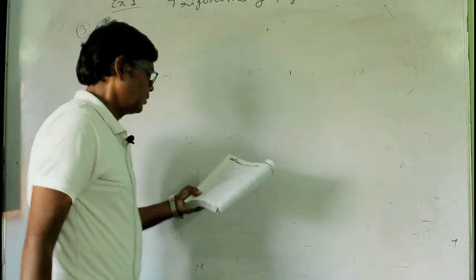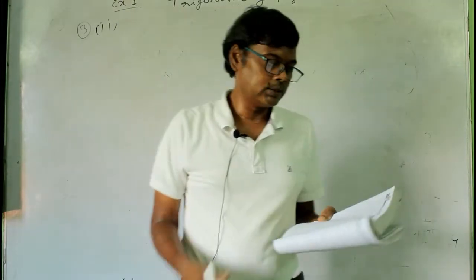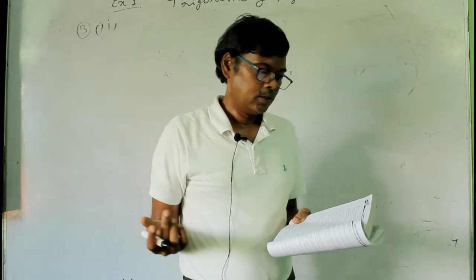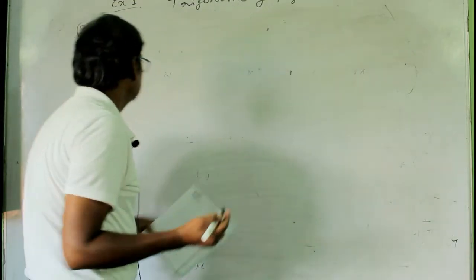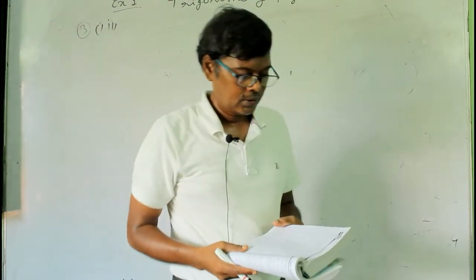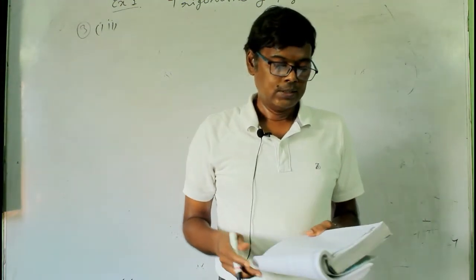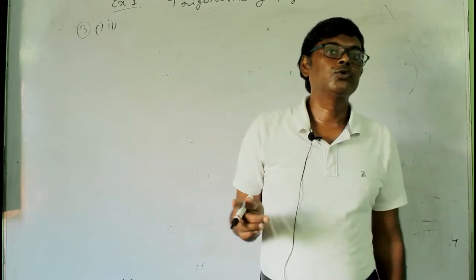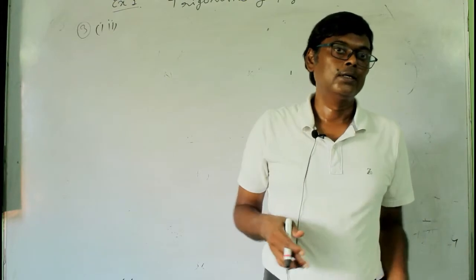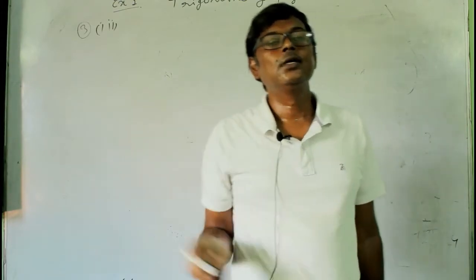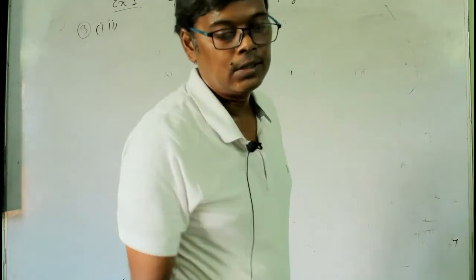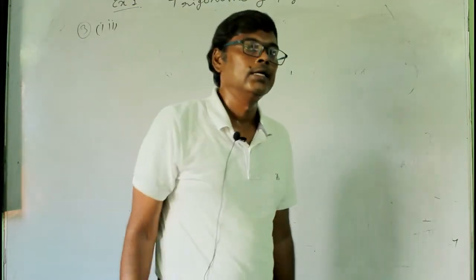Number 3 is here. The sum and difference of two angles are 135 degree and pi by 12. Find the circular measures of the angles. So in this question, sum and difference of two angles. Okay, that is there are two angles and their sum is equal to 135 degree and the difference is equal to pi by 12 radian. Okay, that is the sum is given in degrees and the difference is given in radians. So we have to find the value of the angles in radians.